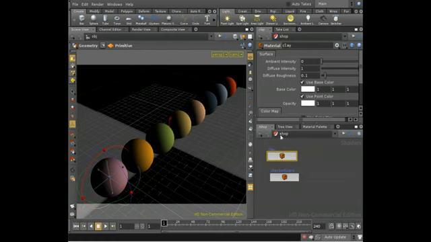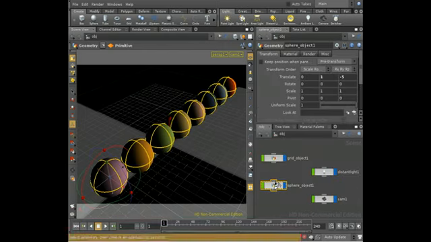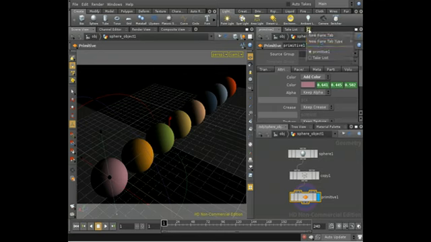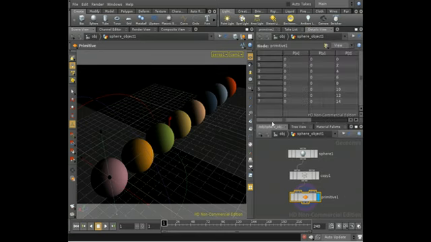Let's have a look at our sphere objects, and if I put up a details view here, that allows us to see the attributes that are on the points and so on of this object. So here we are at the point level, and we can see that although we've got position information, we don't have any colour. If we go up to the primitive level, we do have colour. That's what this Cd attribute is. Cd0, Cd1 and Cd2 are the red, green and blue components of colour, and we added those using this